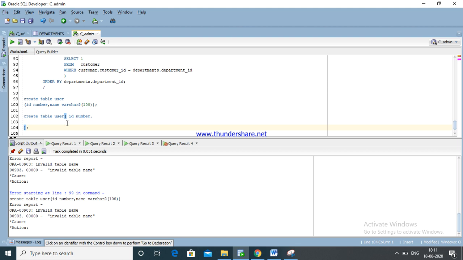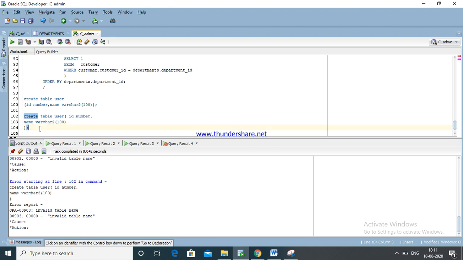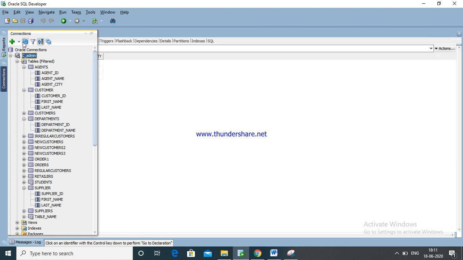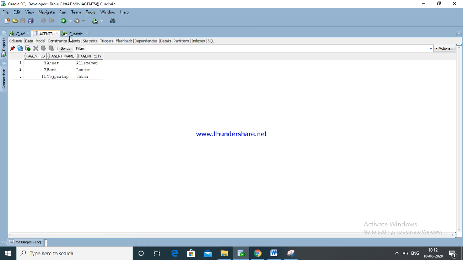Now name, any name, VARCHAR with braces, I'm going to give 100. Invalid identifier. I think the user table is there. Let me refresh. There is no user table. Why is it showing this?